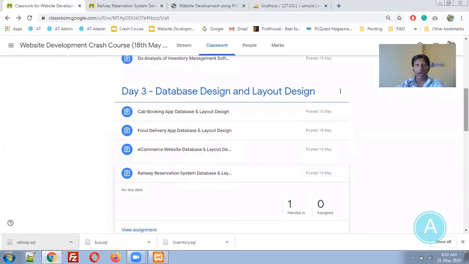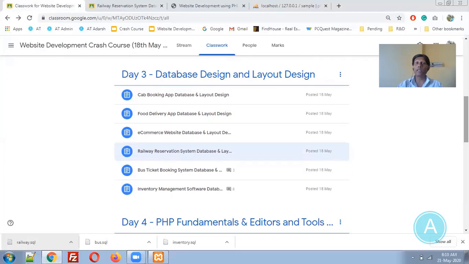Okay. Yes. And the layout you have prepared, that is the login layout, home layouts. So that's fine. Layout can be changed later on, because whenever we are actually implementing, the layout will always change. So now this part is over, database design and layout design. Do you have any confusions or questions regarding the database preparations or layout preparations? Any confusion so far regarding database or layout or previous sections?